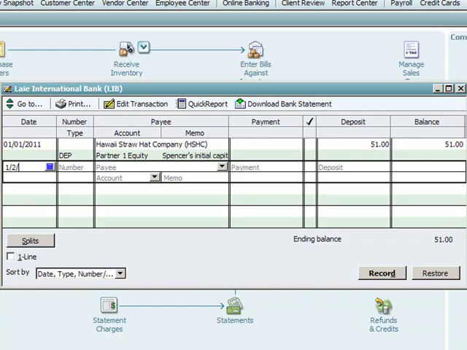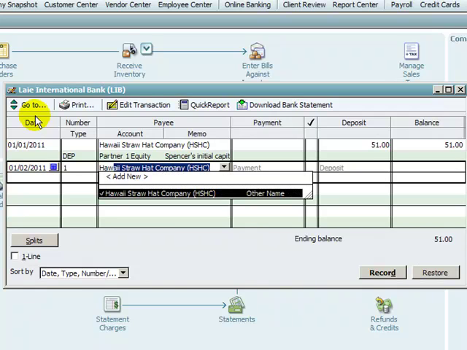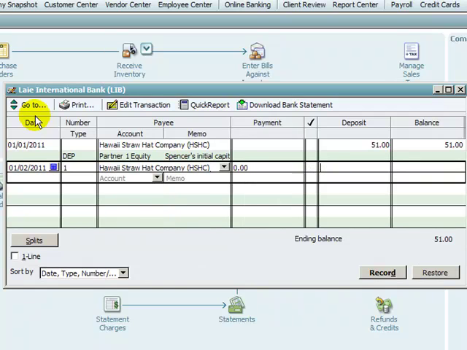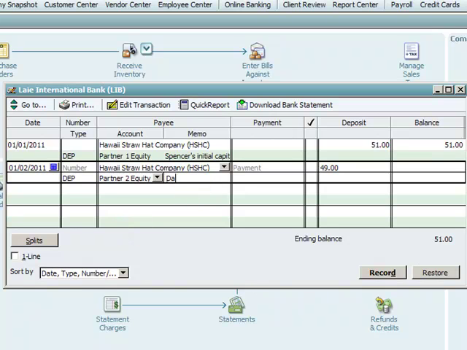Now if you recall from the transaction, this sale occurred on January 2nd. We'll tab through, and it is going into Hawaii Straw Hat Company. Now you notice I only typed in HAW, but the full name appeared, and that's the nice thing of having these names stored in QuickBooks, it saves some data input time. If I tab through, I get over to the deposits, where he will deposit $49, and I tab again. Now this one's going to be Partner, and you see there's 1, but this is Partner 2 Equity, and I click on that. And this will be Spencer's Dad's initial